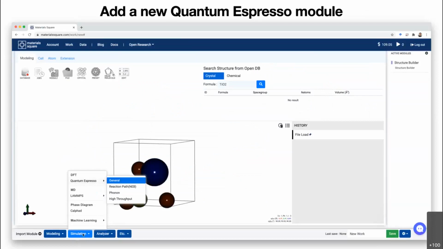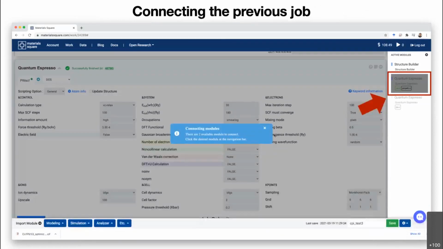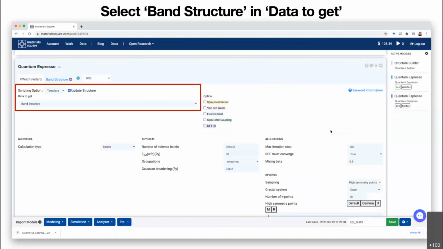Yeah, it's the same. Go to the simulation and DFT Quantum ESPRESSO. And you can also connect to your previous calculation, because the previous one already includes all the information that we need. And let's see, why is it so slow? Okay, yeah, select the band structure in the data to get,